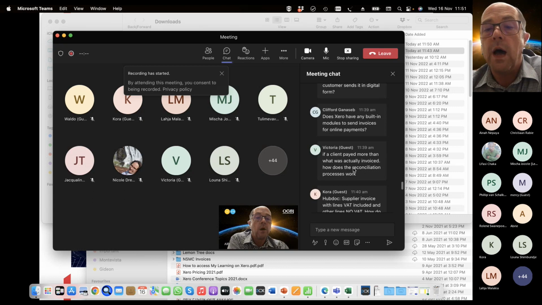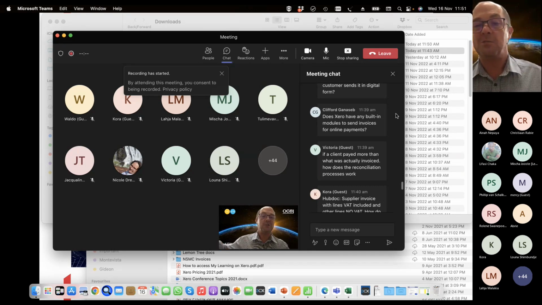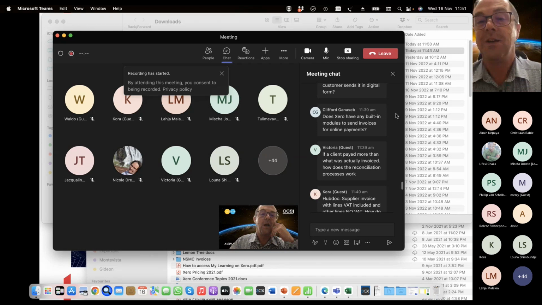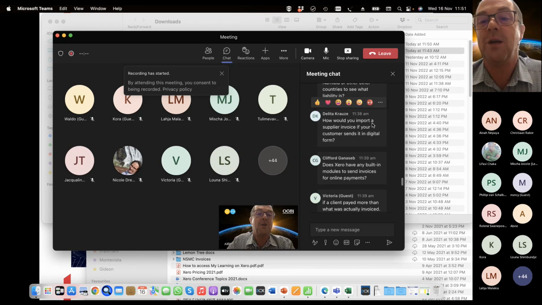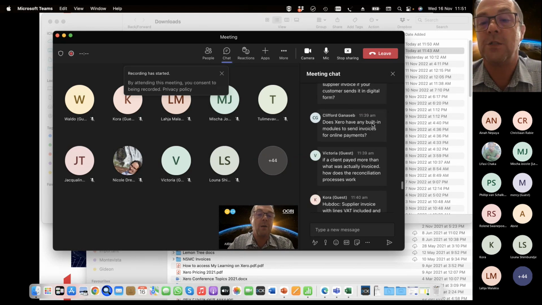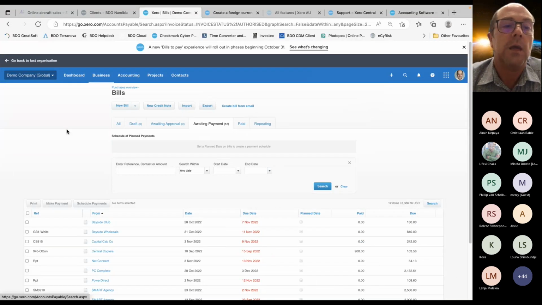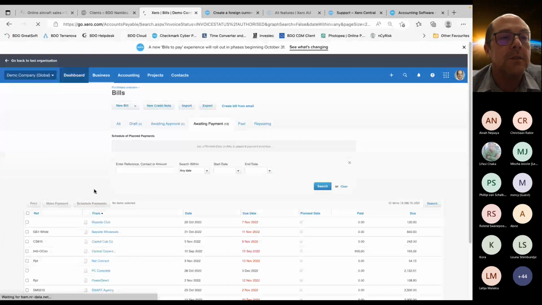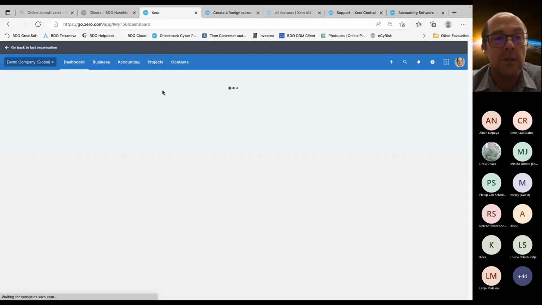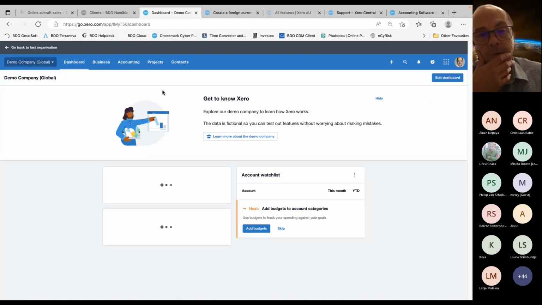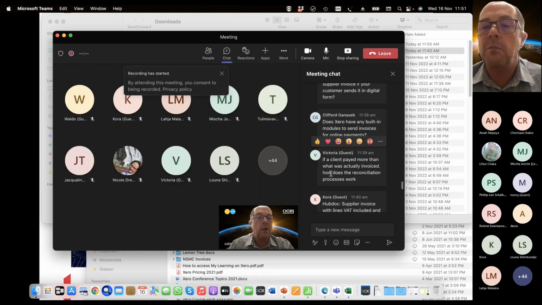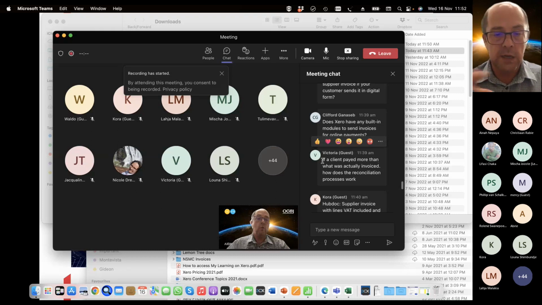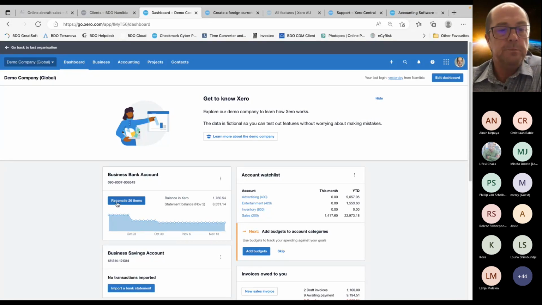Okay. Right. If a client paid more than what was actually invoiced, how does the reconciliation process work? So that's a very common question, Victoria. So let's choose something like that. Hopefully there's an example that we can actively choose for it. So I just want to make sure you say if a client paid more than what was actually invoiced. Okay, so